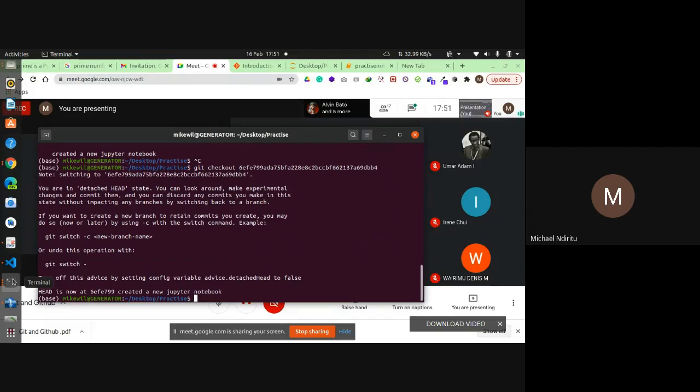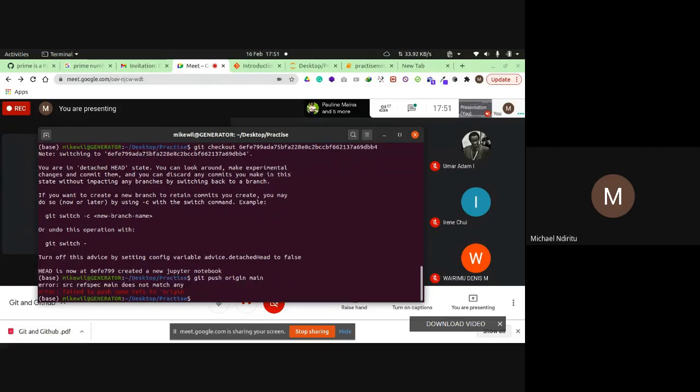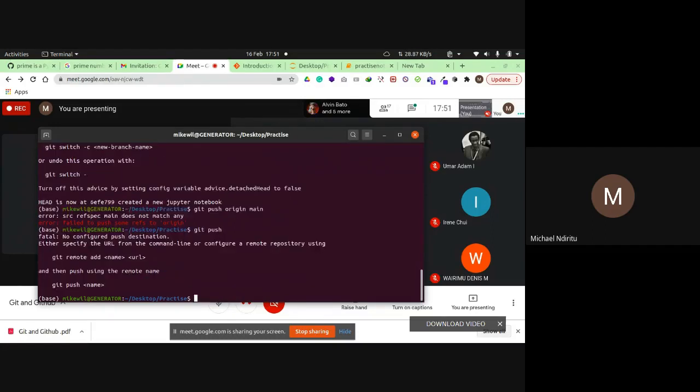So if you want to push the files online, we are just going to put git push origin main. Oh, sorry, main with a space. No, there's an error over there. Git push.